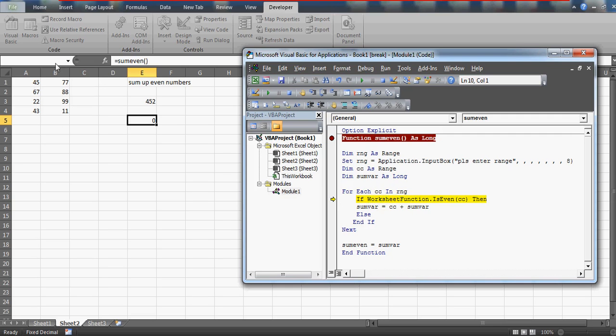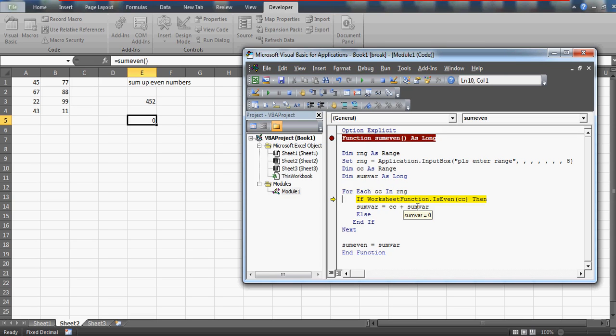It says that when you are running this entire loop in this table, for each loop it is going to check each cell one by one. So it has started from the 45, then it will go to 77, then 67, 88, 22, till it reaches the last cell, and at the same time it keeps checking whether that selected cell, which is in this CC, you see in this CC we have the 45 value. So is 45 even? If it is even, then it will add this number over here in CC, and somewhere right now is 0,